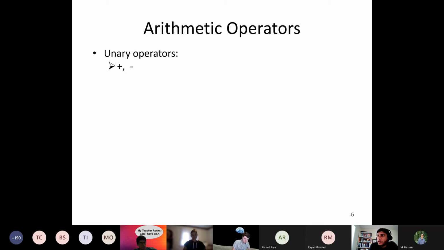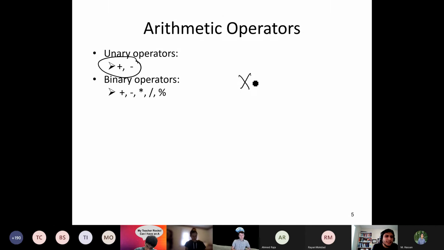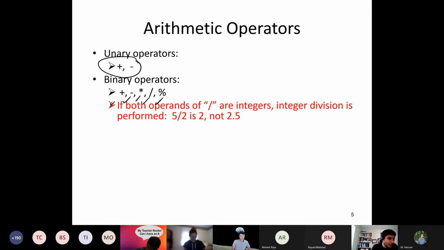And then some of the arithmetic operations. Well, we have the unary operators, like plus or minus. We have binary operators. When we say unary, in fact, as we will see later on, unary means we have a single operator. We have seen this in the for loop sometimes, where you can increment a variable by doing plus plus, right? We'll come into this. And then that's addition, subtraction, multiplication, division, and mod.